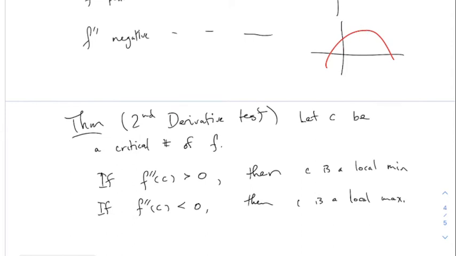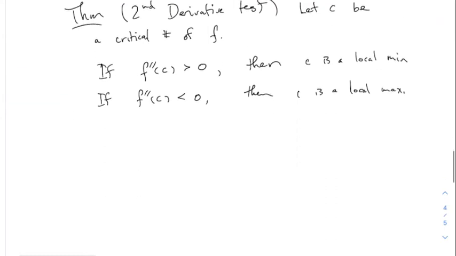This is the second derivative test. And I've got to say, this does not include the situation when it's 0, right? I said when it's positive, it's a minimum. When it's negative, it's a maximum. What if it's 0? This is the bad news about the second derivative test. If f double prime of C equals 0 or does not exist,